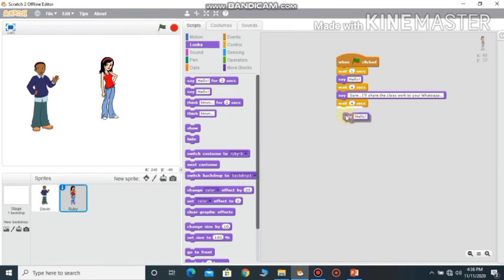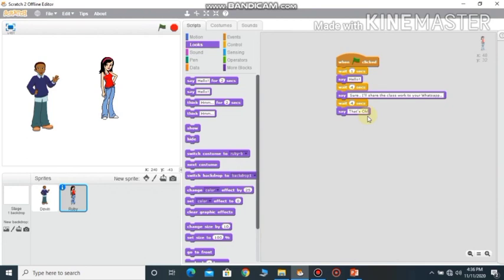So the boy sprite will say thank you, right? So for that, the girl sprite will reply back as that's okay. Okay, so this is the script for the girl sprite.